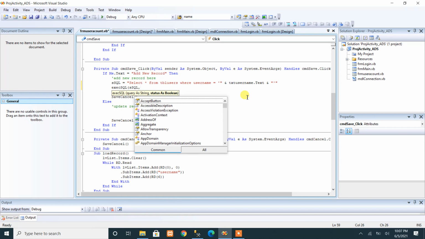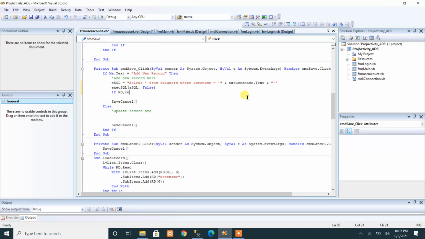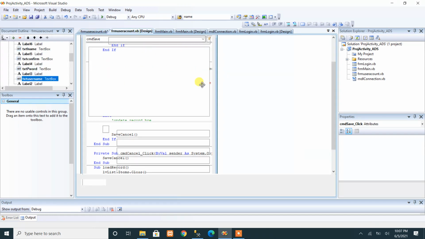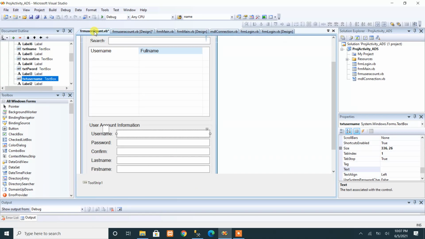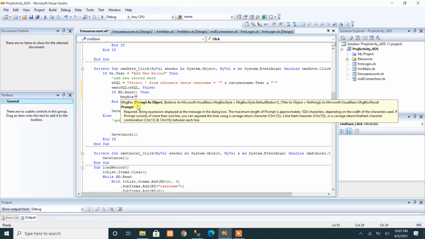Then kapag select, ano ulit ito? Second parameter false, diba? Yan. Then tanungin natin si RD kung meron bang record na nabasa from that query. If RD.read, ibig sabihin, for example, select asterisk from table users where username is equal to, ang tinype natin dito sa text box na to is Daniel. Okay, so meron bang existing record dito? Meron. Okay, ibig sabihin merong mababasa si RD. Okay, therefore kung meron siyang mabasa, kung merong existing record, we will display a message box, okay, telling the end user, that